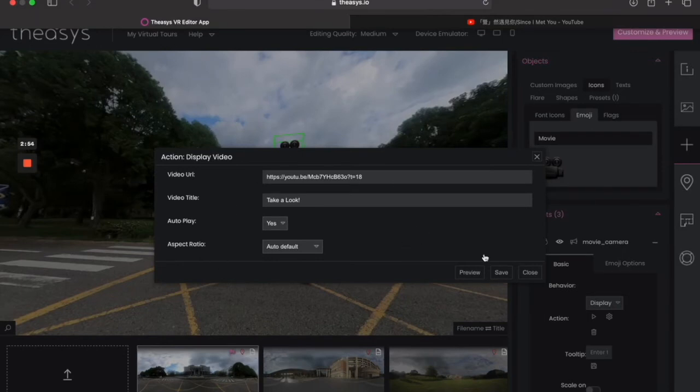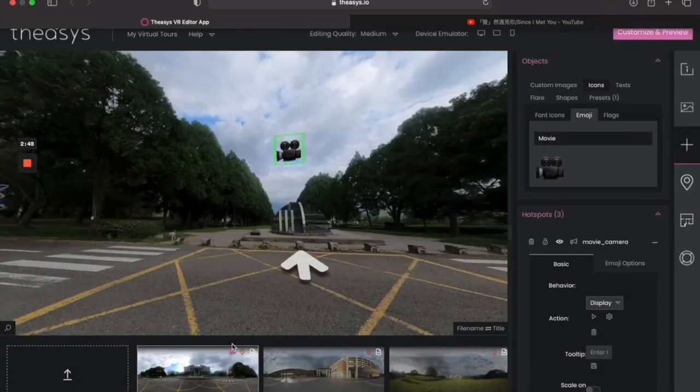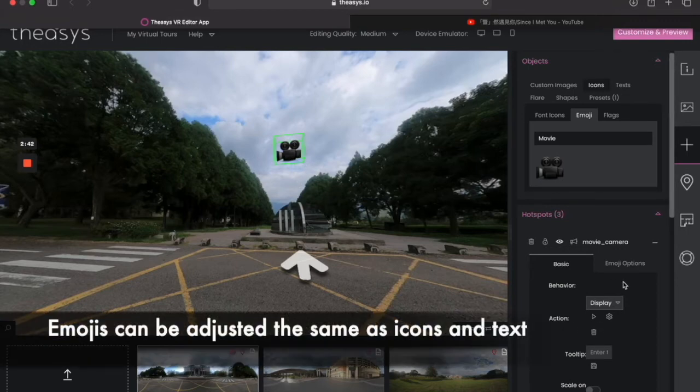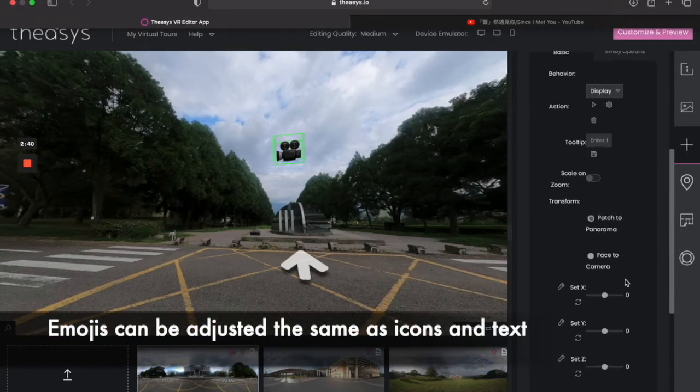All right, so we're back into the panorama, and we've saved it already, so we've got everything we need, and we're going to close that. All right, now it's weird to have this little floating camera here. It looks like a UFO, so maybe we should go ahead and change that a little bit.